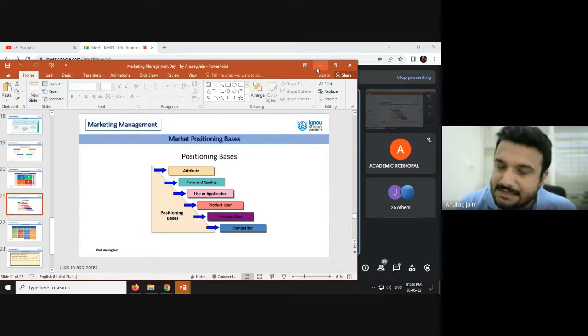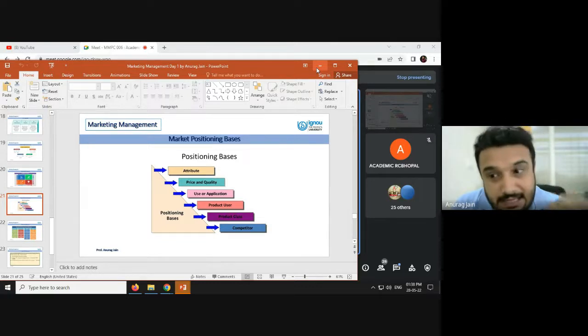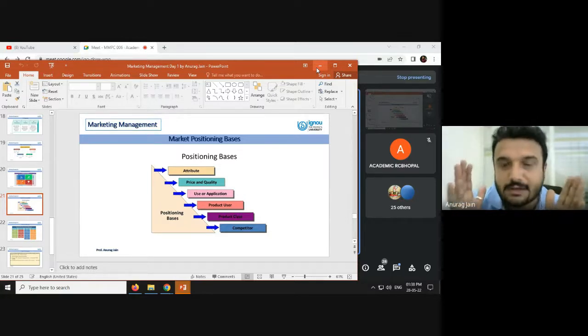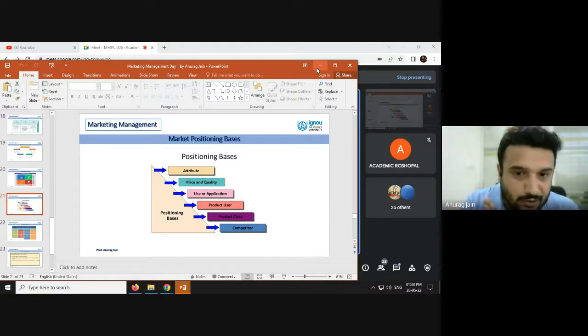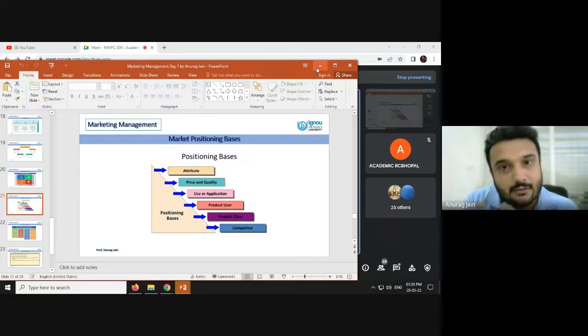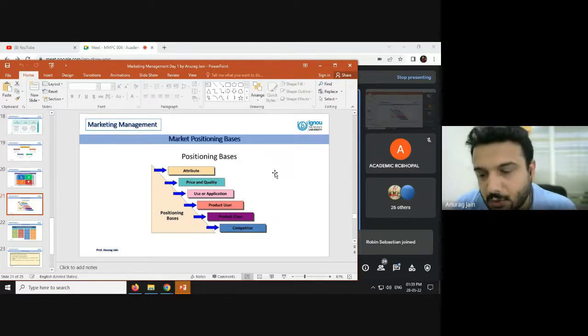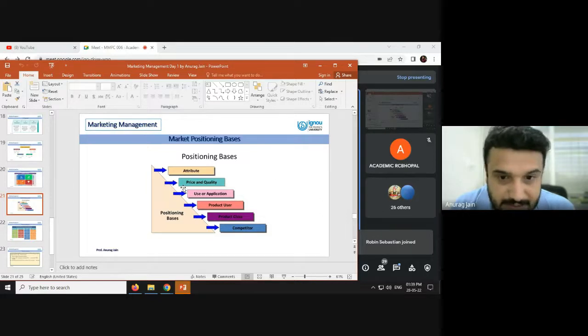So these are some of the bases which one can use for market positioning, and that can help them get a clear understanding of what they should do and what they should ignore. Because a marketer's job is not to focus on each and everything, and the whole population is not something they are trying to serve. Definitely they have a particular set of audience in their mind and they are trying to serve them only, and that is the reason the positioning we are doing is by keeping that audience in mind. We can do the positioning of our product or services. So this is related to how we can position our products or services effectively.